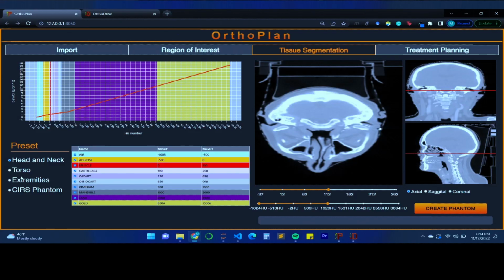So once you have selected the region that you want to simulate, you can move on to tissue segmentation, and this is essentially where the HU values that were mentioned in the first talk this morning, which are essentially the grayscale values of the CT images, are converted to material properties for the Monte Carlo simulations. So the user can select one of the presets of appropriate materials for head and neck regions, torso regions, or extremities. So the user can then click Create Phantom, and this will generate an appropriate file to run a Monte Carlo